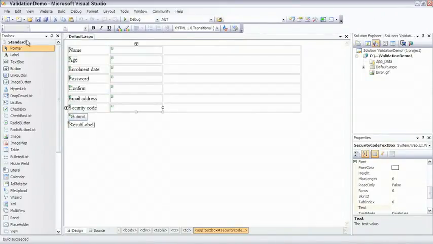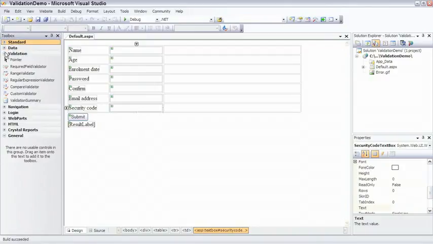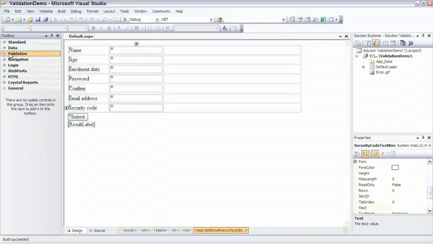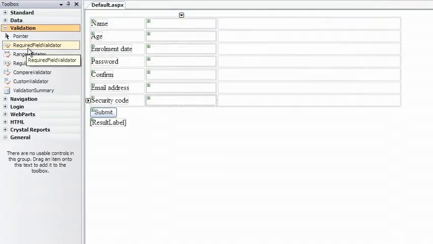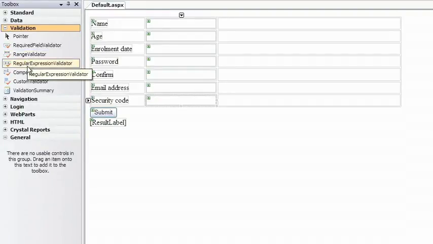Now, ASP.NET provides us with a rich set of validation controls. We mentioned these briefly in an earlier lesson, so I'll just remind you here, in the Validation tab, we have a required field validator, which enables you to ensure that a text box contains a value. We have a range validator, which enables you to ensure that the entered value lies in a certain range. And you can use range validator for strings, or for integers, or for floats, or for dates. Regular expression validator, well, that's quite useful for things like email addresses, where you can specify the pattern of expected